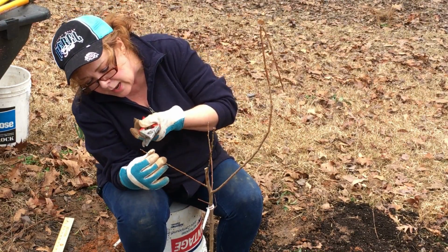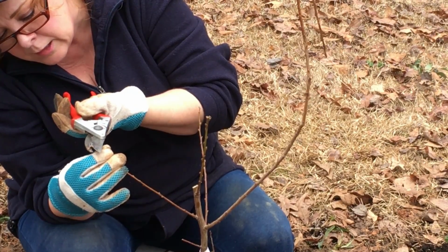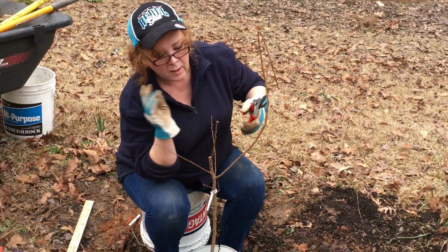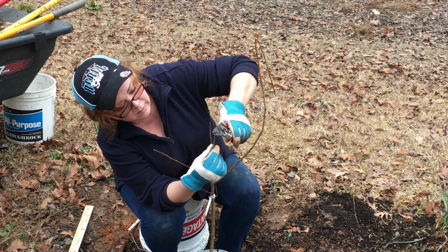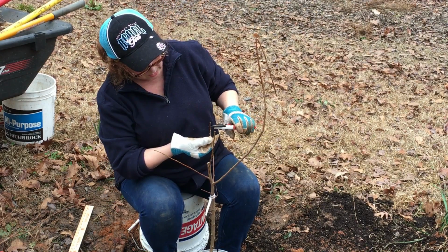So I'm going to pick an outward facing bud and cut directly above it. Outward facing bud, directly above it. Outward bud,